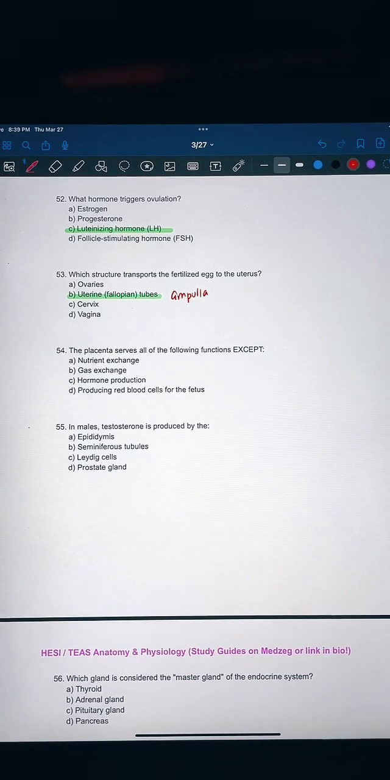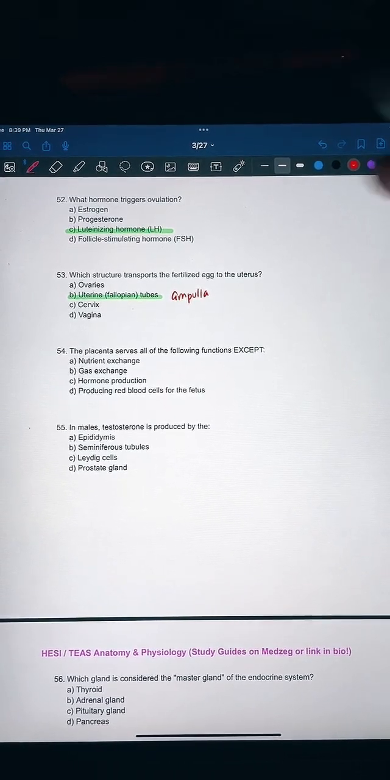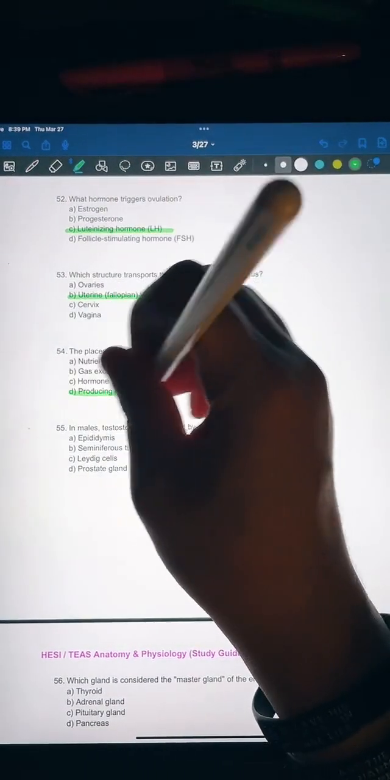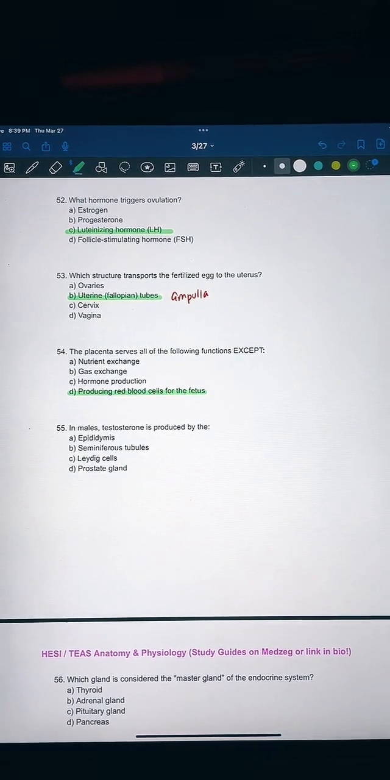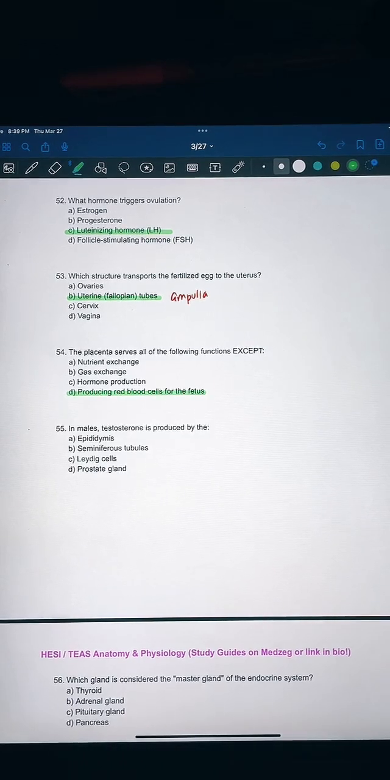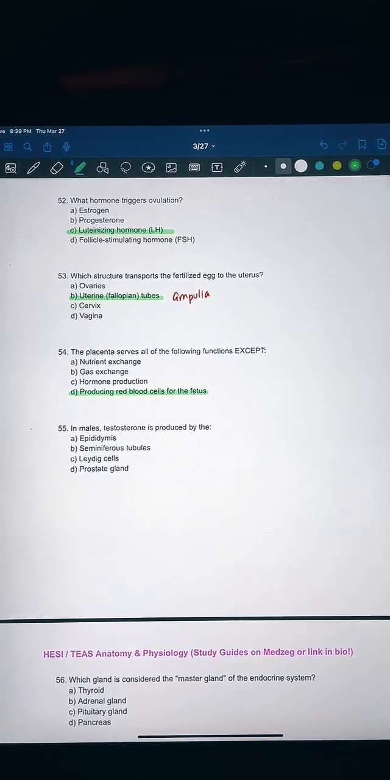Number 54. The answer is D. The placenta does not produce red blood cells for the fetus. Instead, the fetal liver and bone marrow produce them. But the placenta does exchange nutrients between the mother and the fetus. The placenta facilitates oxygen and carbon dioxide exchange, which is answer B. And C, hormone production, is false because the placenta does produce hormones,